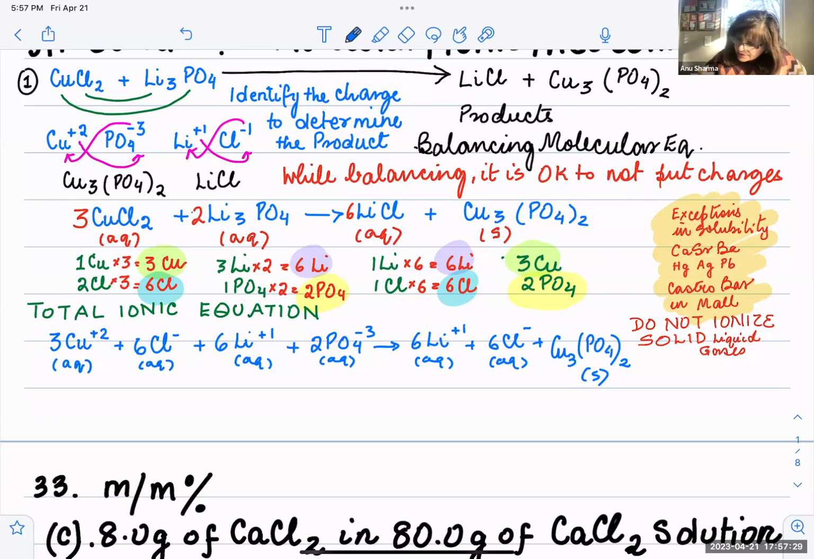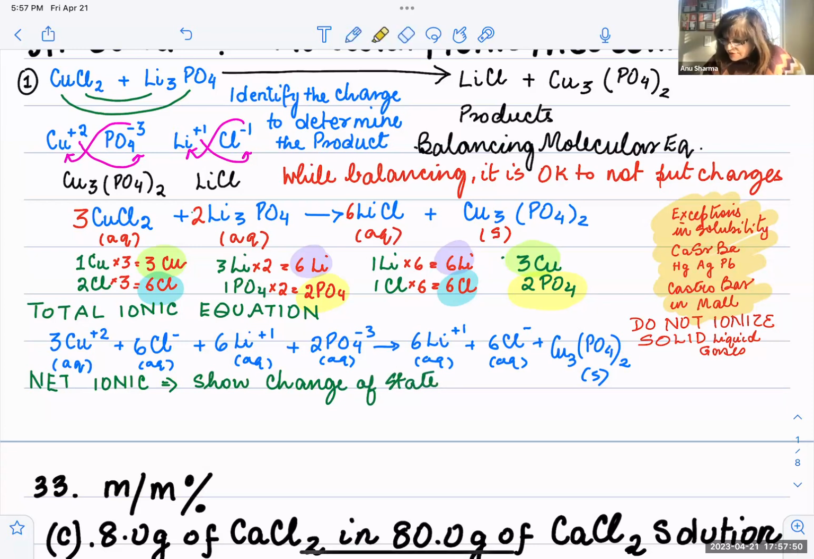Now, what are we going to write down in the net ionic equation? Net ionic equation. Net ionic equation, you write down all the ions that show change of state. Change of state. So which ones are showing the change of state? Now let's look at it here. So we see that copper is aqueous here, but copper is in a solid form here. Phosphate is aqueous here, phosphate is in a solid form here. Okay, so these are the ones that are showing the change of state. But lithium is aqueous on one side, and lithium is aqueous on the other side, and it's the same number of ions. Chlorides are aqueous, soluble in water on one side, and aqueous on the other side,